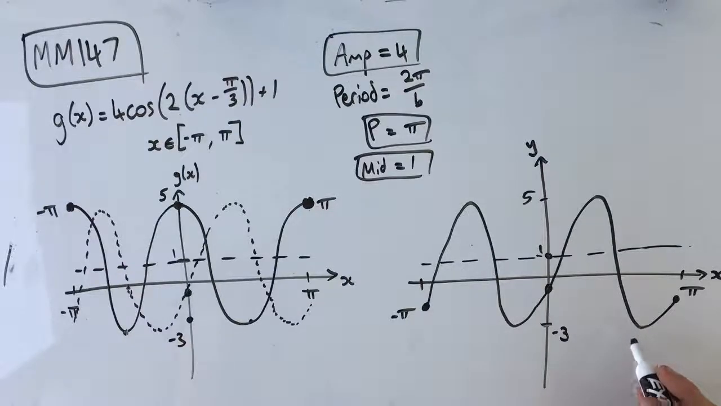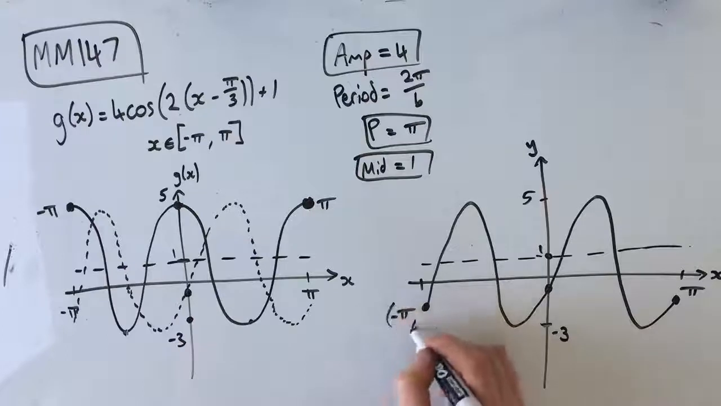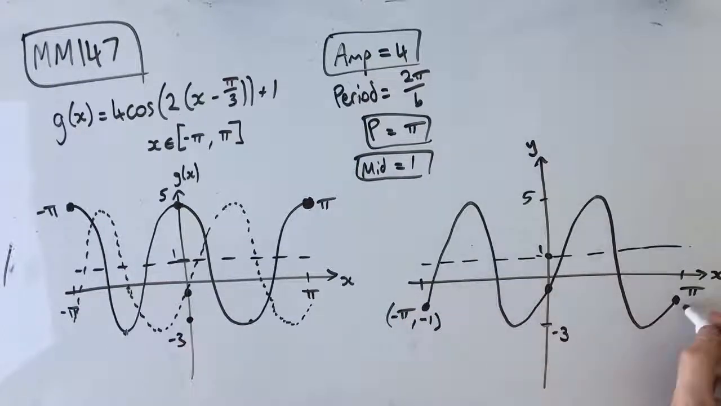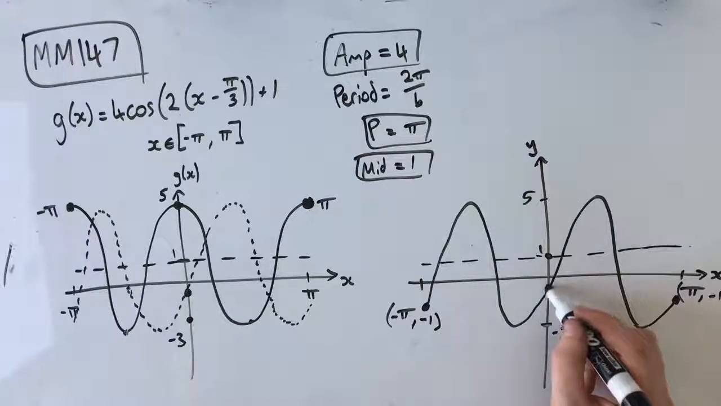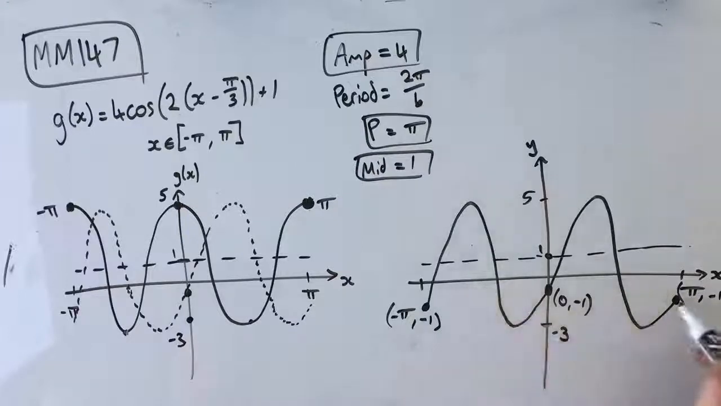intercepts and our endpoints. So all we need to do to figure out our endpoints is sub in these values, negative pi and pi, into our equation for x, and that'll give us our y value. So you end up getting negative pi, -1, and pi, -1 as well. And because this is all symmetrical, this point here needs to be at 0, -1, because it needs to be at the same level as this. And our other intercepts are just here and here,